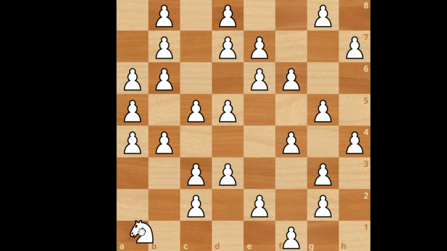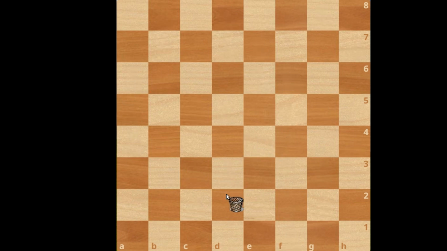A knight. Because a knight can jump over pieces like this, as you can see. So that is why, if the game is closed, then it is beneficial for you to trade a bishop for a knight. As in, give away your bishop and get their knight like this.